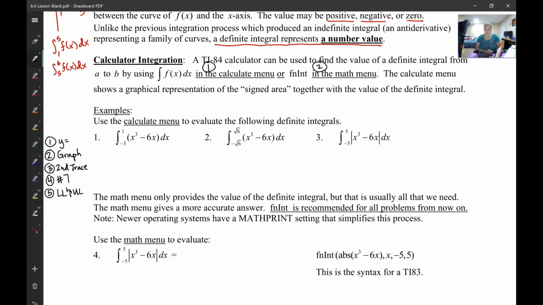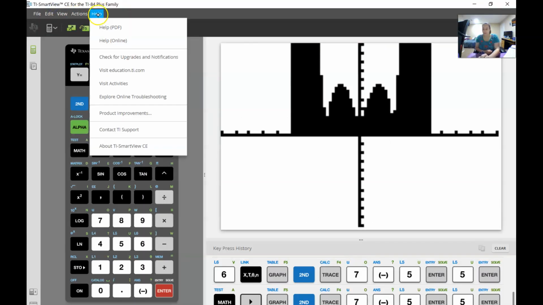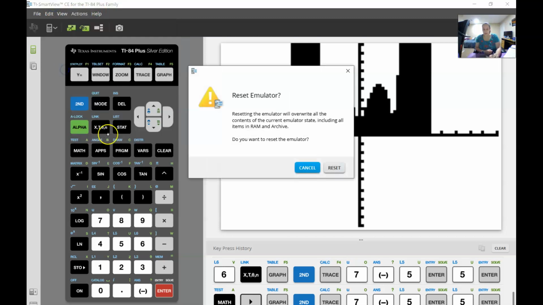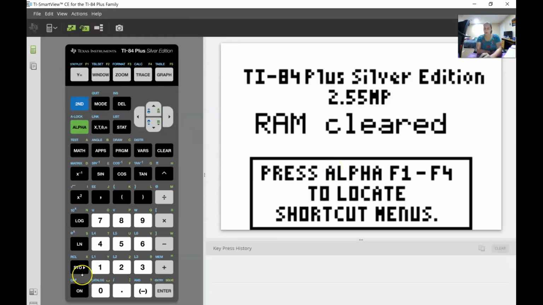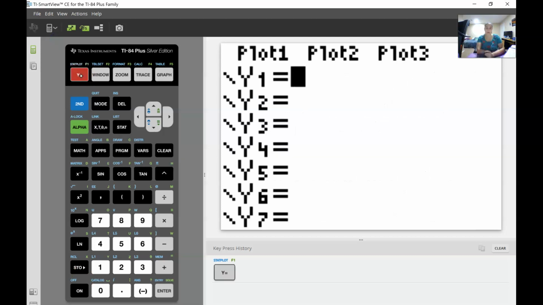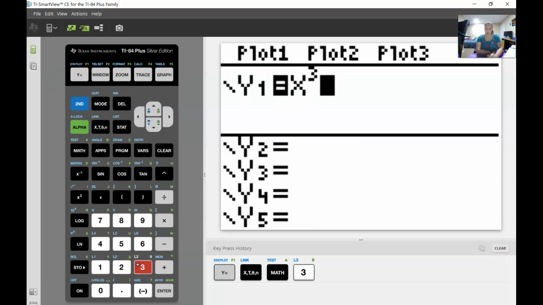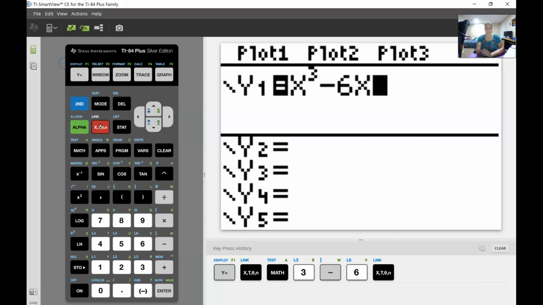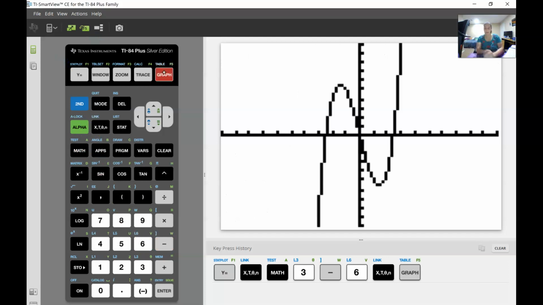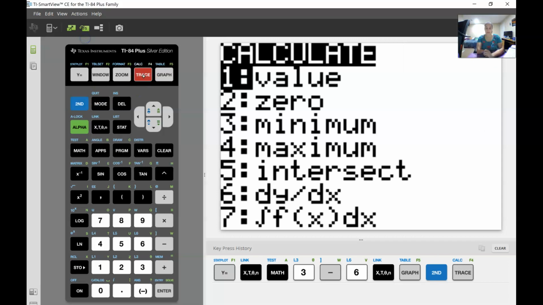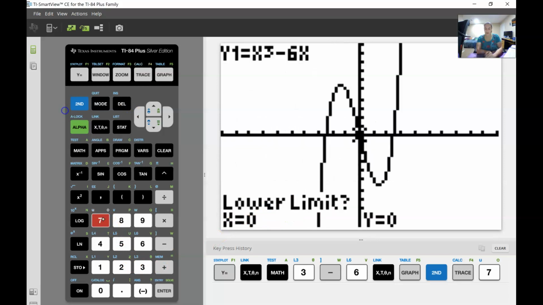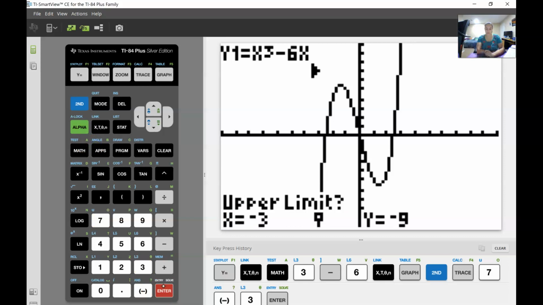So let's go through and do an example. Let me reset this so we can start again. Okay. So we're going to go into y equals, and we're going to type our equation, which should be x cubed minus 6x. Then we're going to hit graph, and then we're going to hit second trace. That takes us into the calculate menu, and we want number 7 right there. Now it asks for our lower limit, which should be -3, enter, and our upper limit, which should be 1,